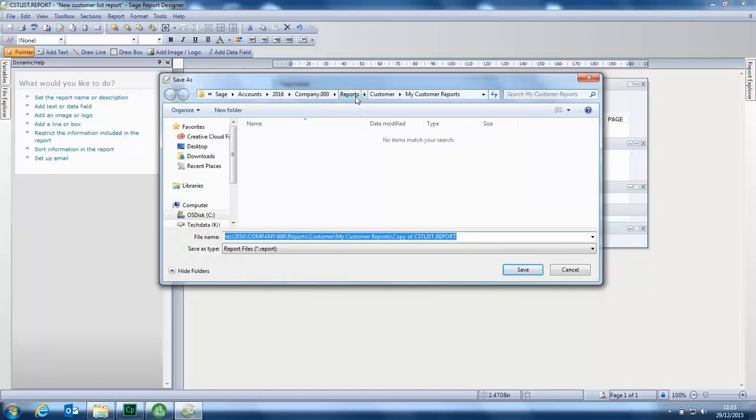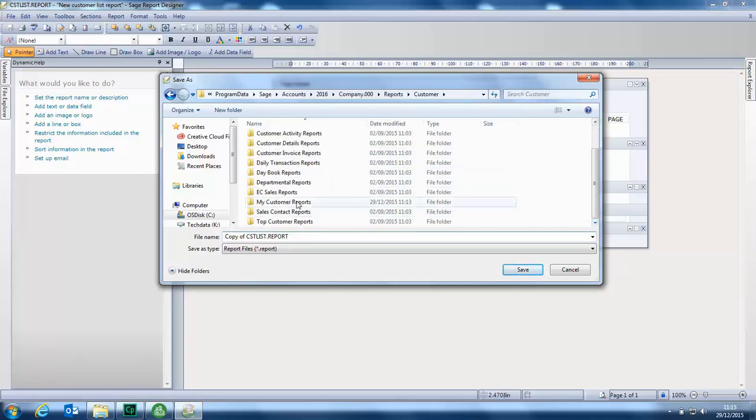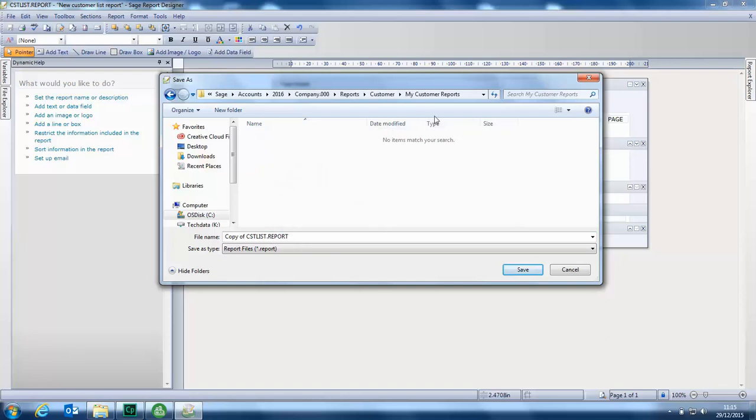It defaults to the relevant reports folder, Customer in this case because it's a customer report, and also the My Customer Reports folder. Now, we would normally recommend that you save it in the relevant My Reports folder. However, if we did want to, I could change it to go back to Customer and then pop it into the Customer Details reports if I wanted to, just save it to that folder. However, we do recommend that you accept the defaults. So we'll just go back to My Customer Reports,